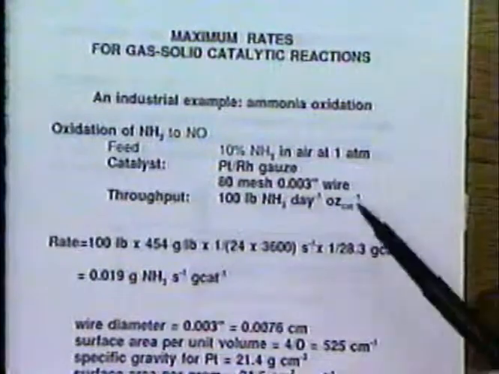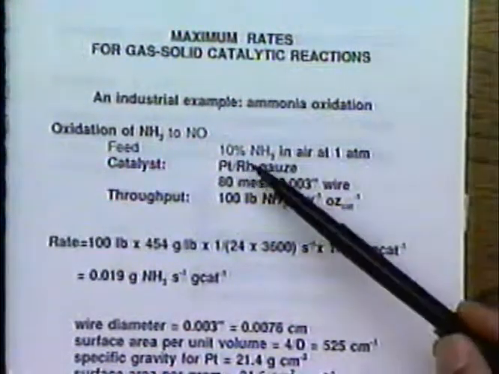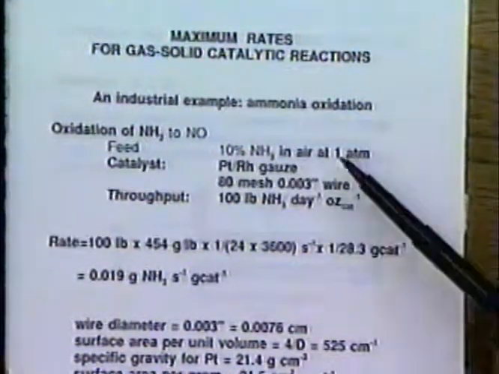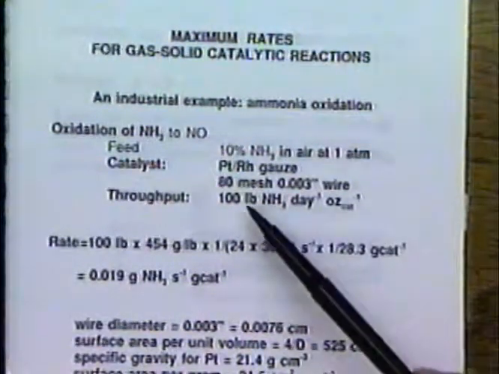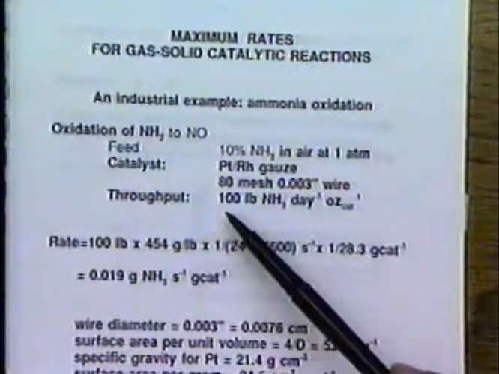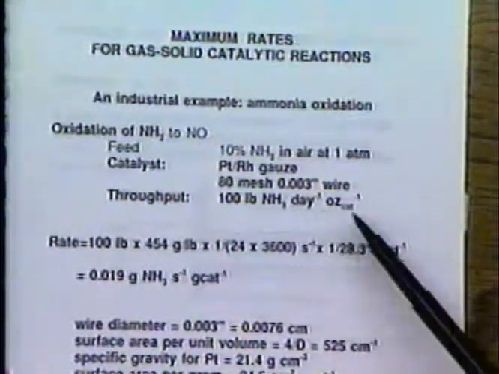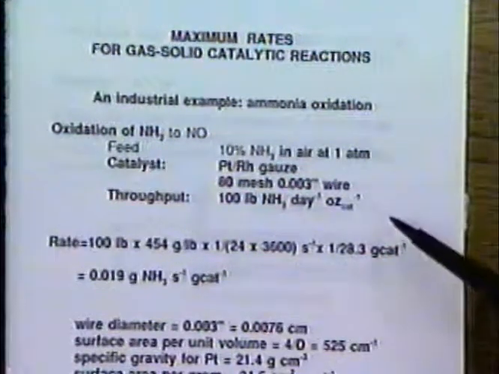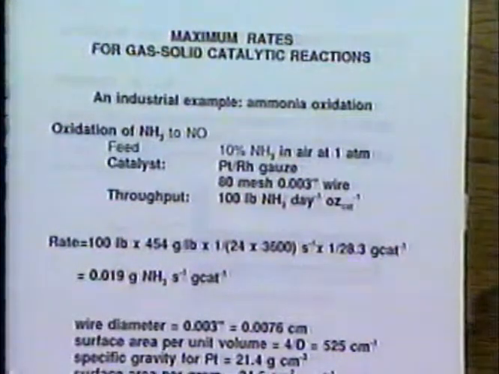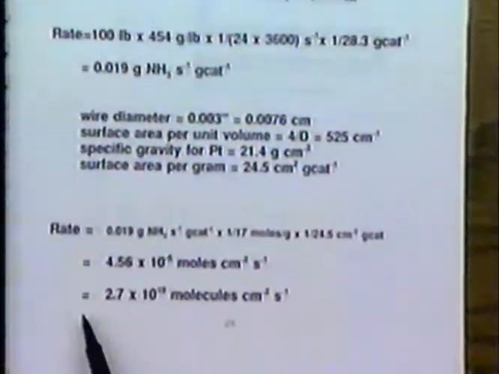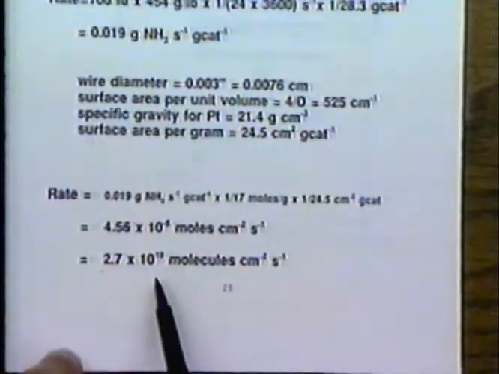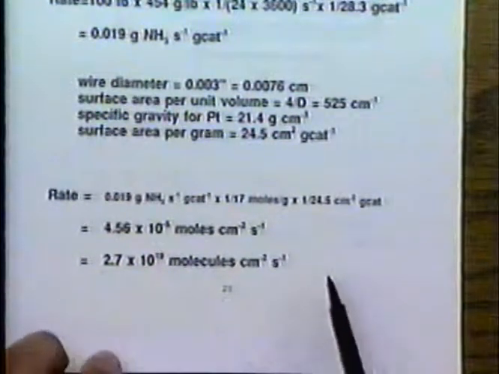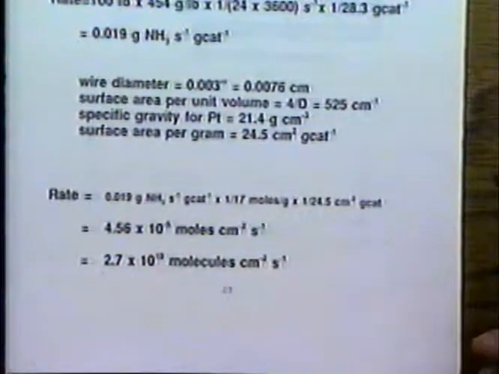So, the typical industrial conditions are 10% nitrogen in air, a platinum rhodium gauze, and a throughput of 100 pounds of ammonia per day per ounce of catalyst. If we work these numbers, let me go straight to the bottom line, we find that the rate of reaction is 2.7 times 10 to the 19 molecules per square centimeter per second. That is below the maximum rates that we have said were possible to achieve for